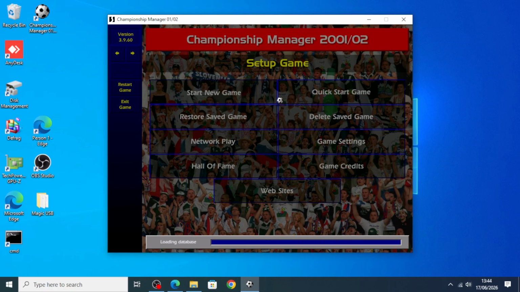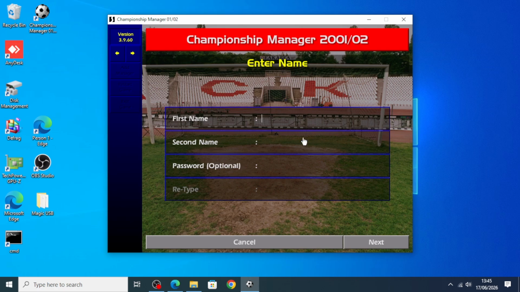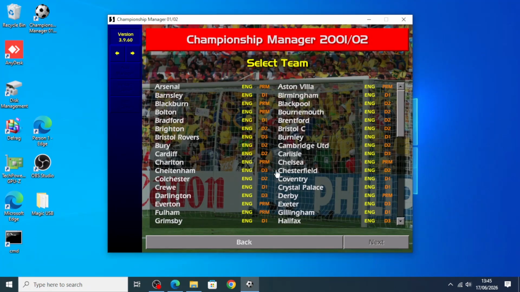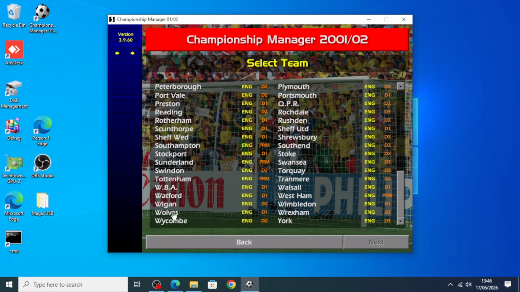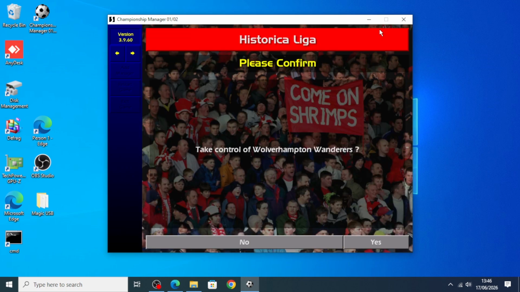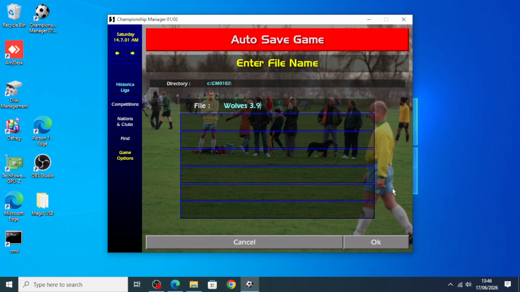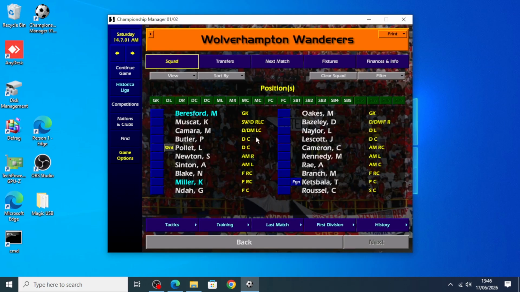Start a new game and select the league. I select England. Select the nationality, put our name first. This is the name of ourselves, which is the manager. Select the nationality and then select the team. I prefer to play a lower rated team such as Wolverhampton Wanderers. Take control, and then the game will ask us to put in a save game file, and then finish. We are already playing